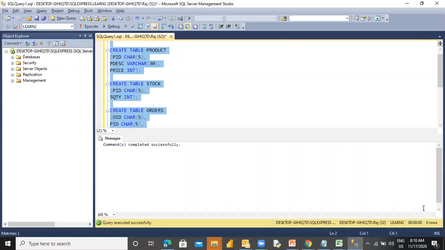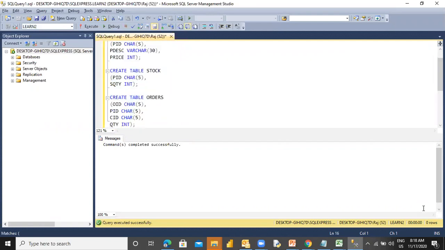Product contains the product ID, product description and the price. Stock contains the product ID and the stock quantity, and orders contains order ID, product ID, customer ID and the quantity ordered. So let me execute this. The tables have been created.